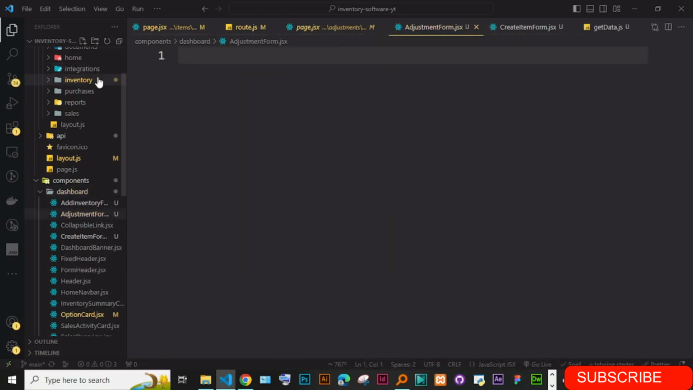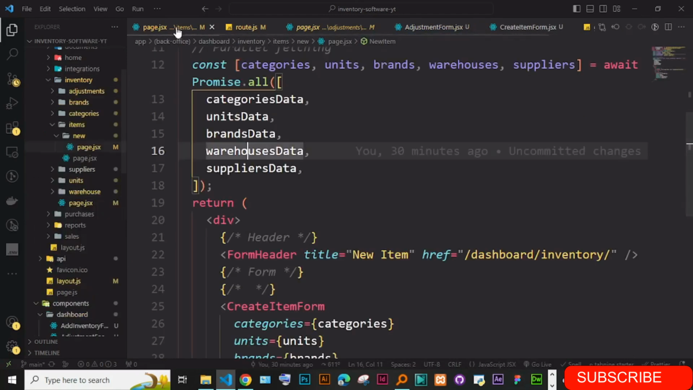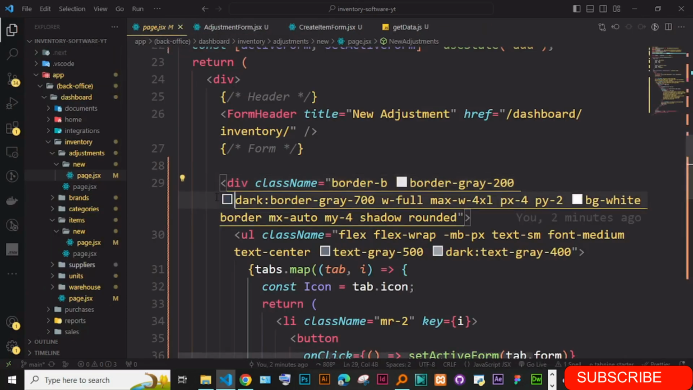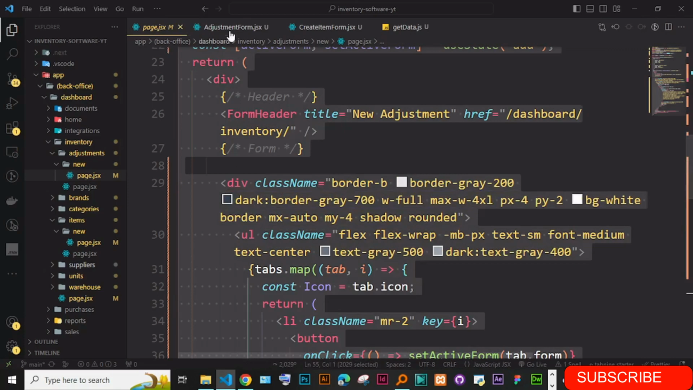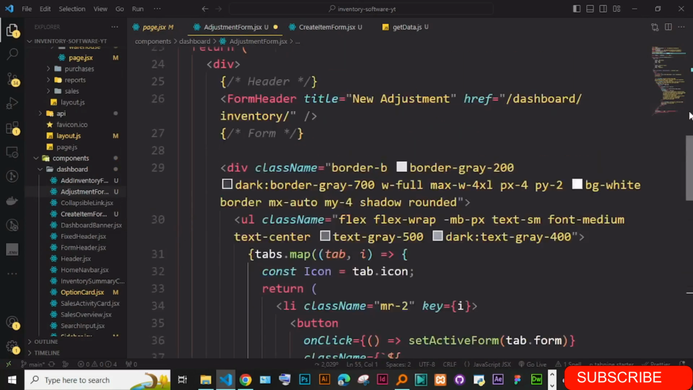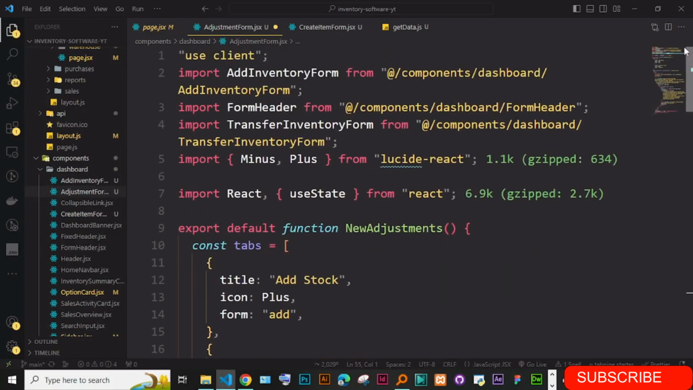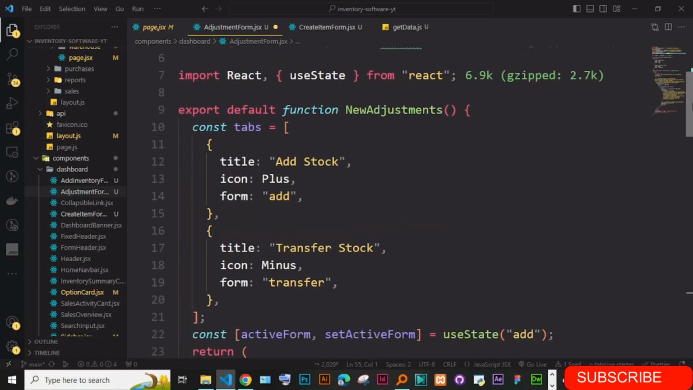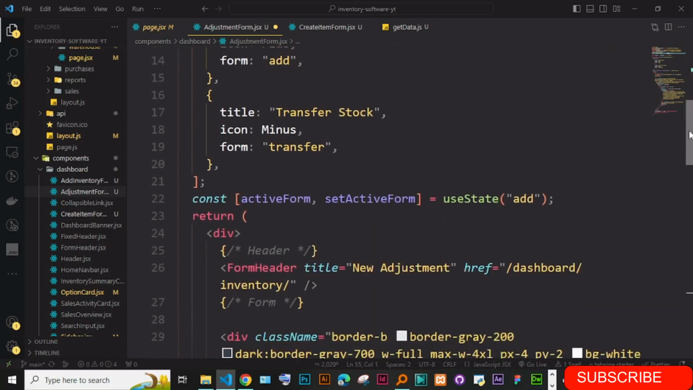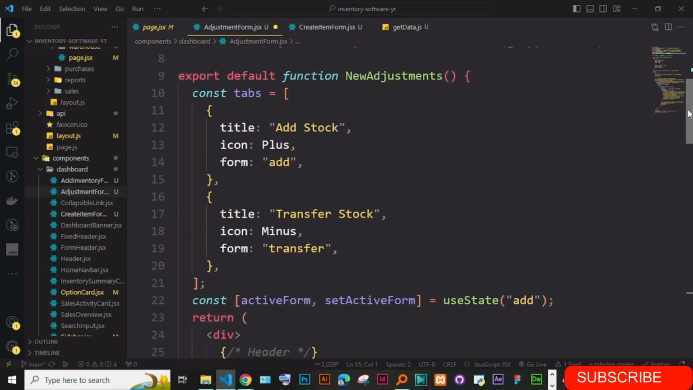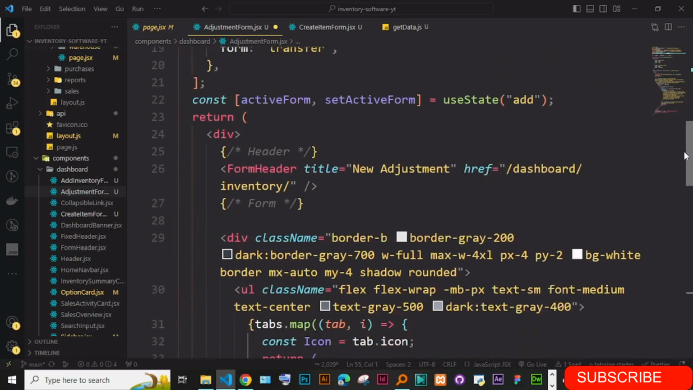So now I'm just going to have all these. Let me close the item route. Let's go to this page. I'm just going to copy everything here and paste it in the adjustment form. Okay, just like this. In the adjustment form, what we should do is we can actually leave everything just like that. The only thing we need is that these